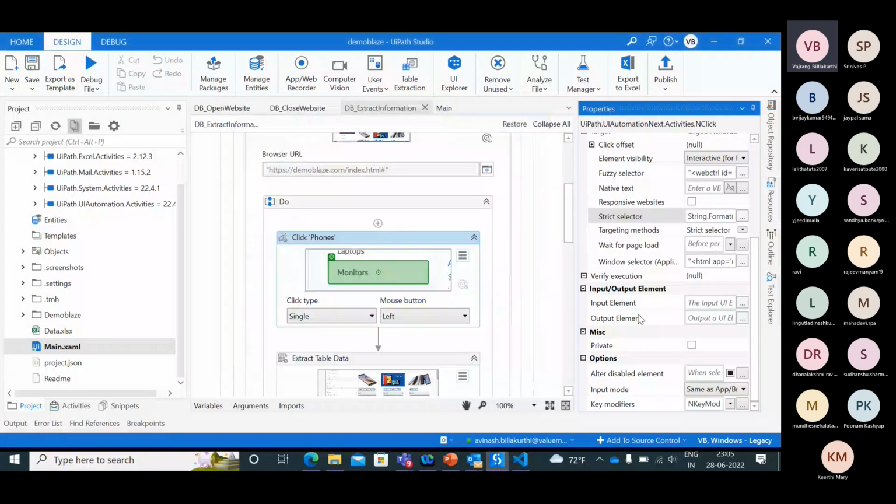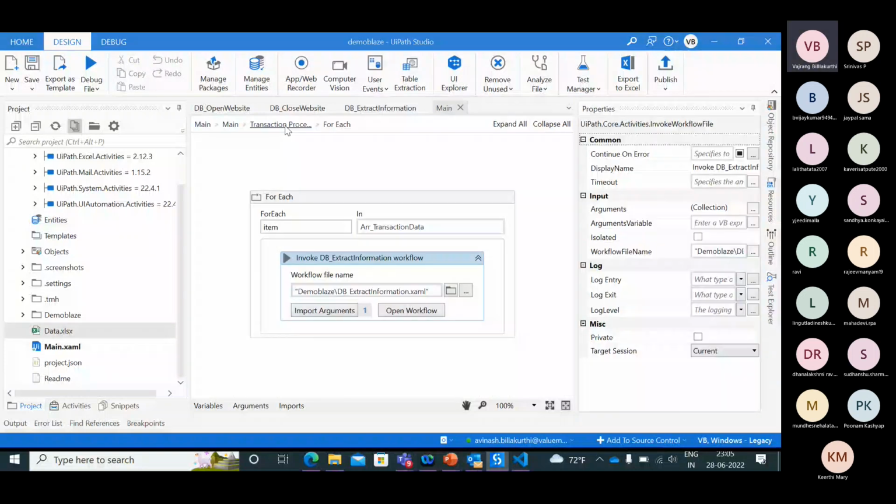Street selector. If you can see, this is the target. Now, if I'm sending in phone, I will click on phone. If I send in some other value, I will get that and click it. Once it is done, I'm extracting the values, and in the write range, I'm sending out the category. Only one write range I'm using, and I'm writing the data. So every time it tries to do this. Let's go ahead and delete this data. Every time I run this, and finally, sorry, I'll show you one more item.